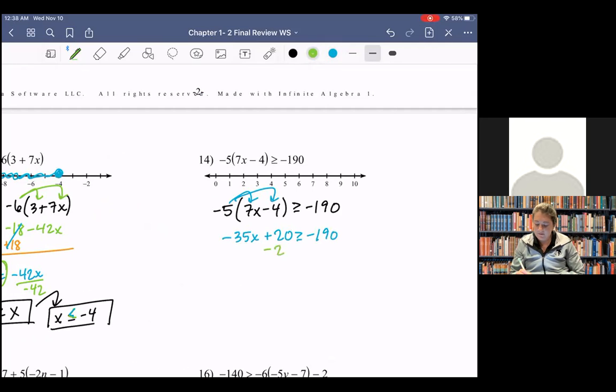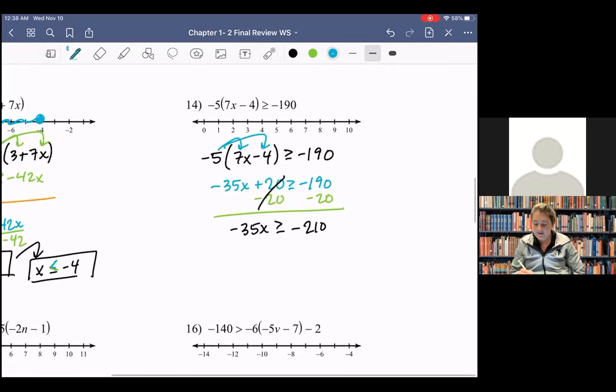I'm going to subtract 20 from both sides. I'll be left with -35x is greater than or equal to -210. And here's that thing again. So we're going to have to divide by -35. And remember that we'll have to flip the inequality. So this is going to be x is less than or equal to